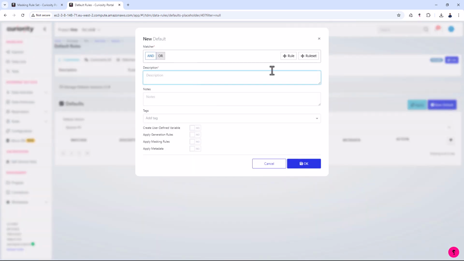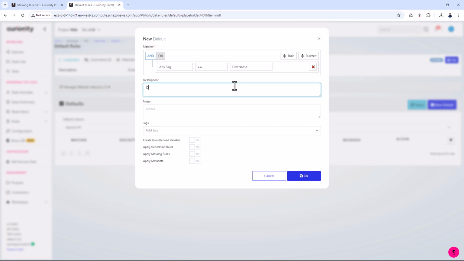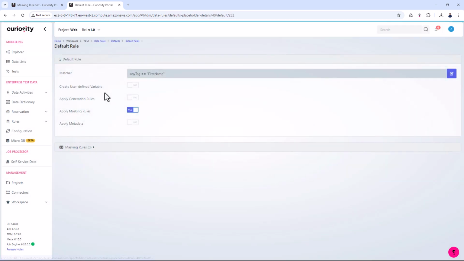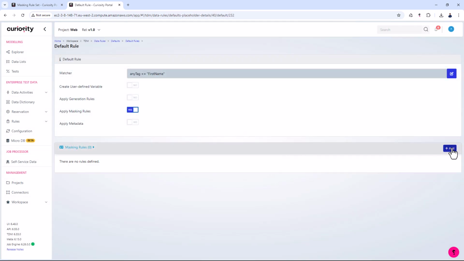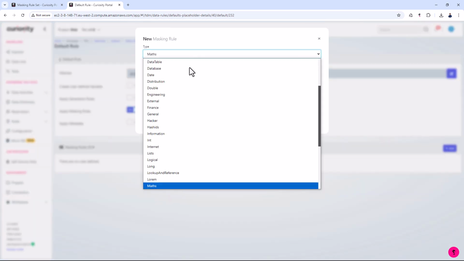So the first one we're going to set is to have a rule where any tag is equal to first name. So this is a default for first name columns. And we're going to apply a masking rule to this, and we're going to hit OK. If we open that up, what we can do is we can apply a default masking rule for first names. So we'll click Add, we'll go to Name,